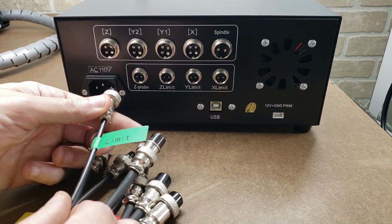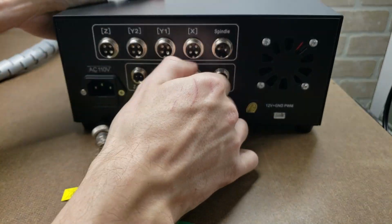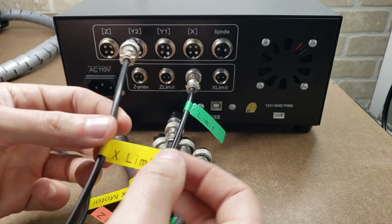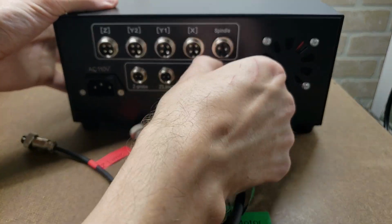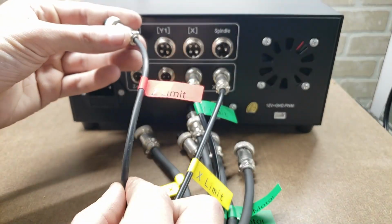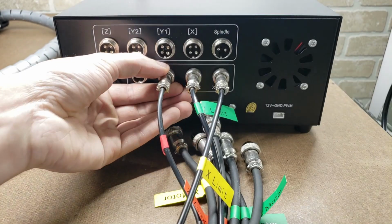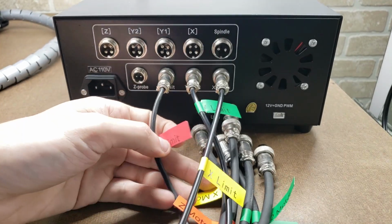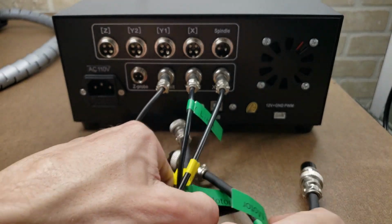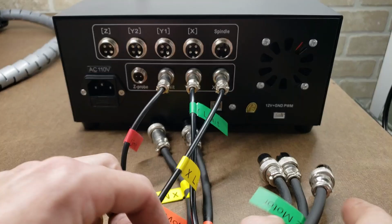So let's start with some of the limit switches. Here is the Y limit. Here we have the X limit. And the Z limit. Next we'll look for the probe, which actually has come separate, so we won't worry about that yet. We'll move on